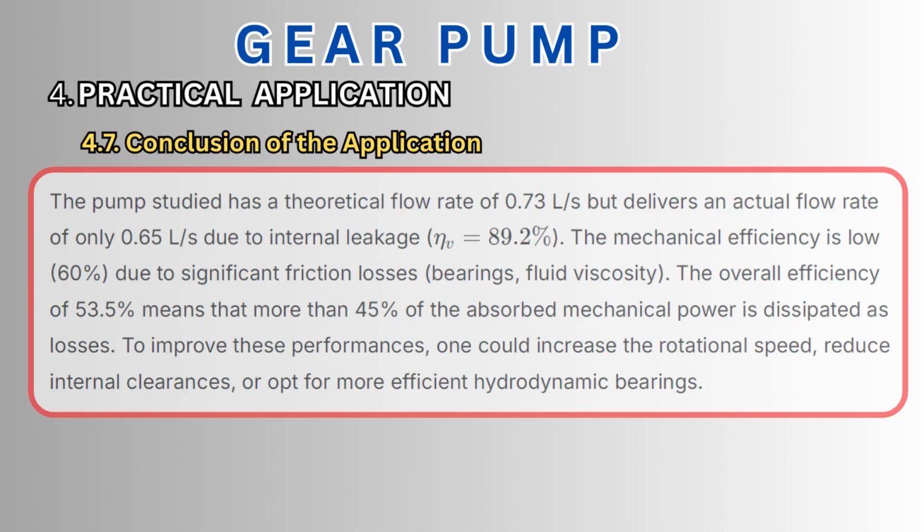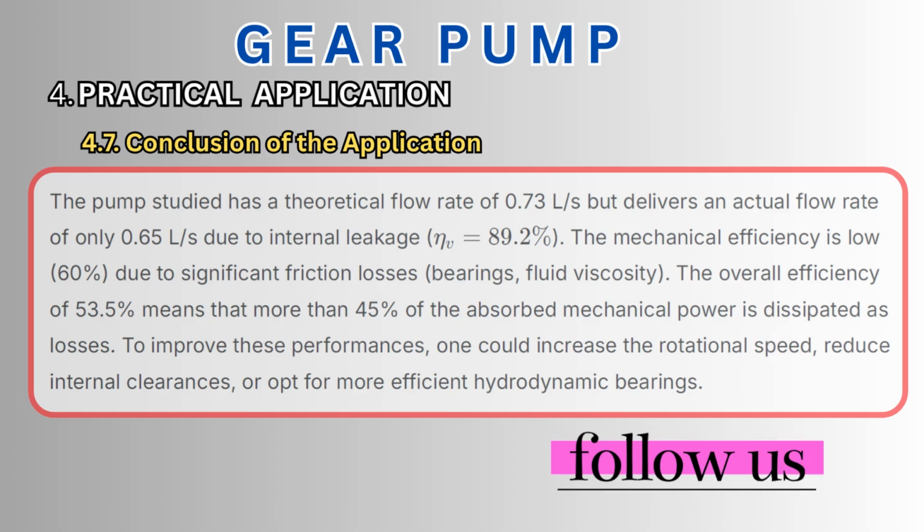The pump studied has a theoretical flow rate of 0.73 liters per second but delivers an actual flow rate of only 0.65 liters per second due to internal leakage. Volumetric efficiency equals 89.2%. The mechanical efficiency is low, 60%, due to significant friction losses, bearings, fluid viscosity. The overall efficiency of 53.5% means that more than 45% of the absorbed mechanical power is dissipated as losses. To improve these performances, one could increase the rotational speed, reduce internal